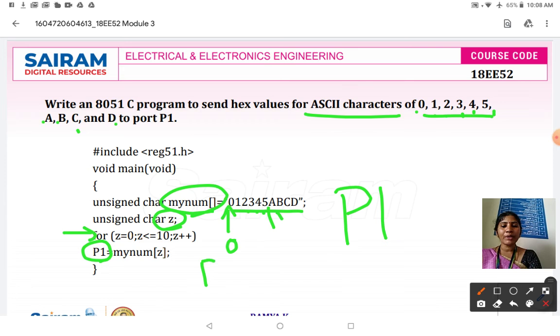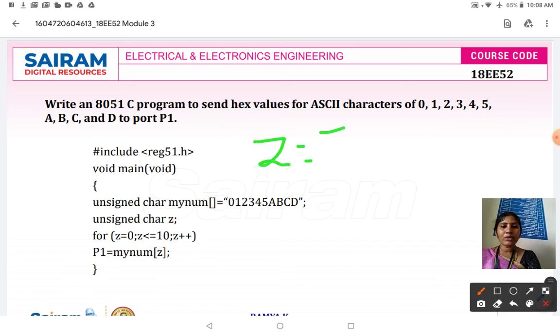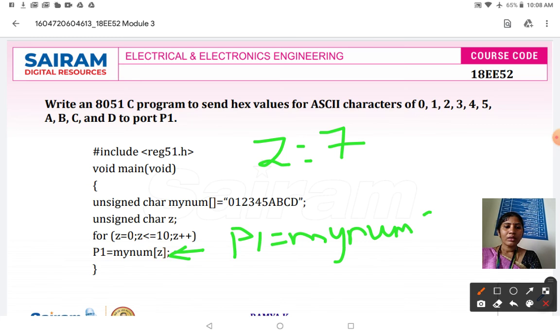For example, consider z is equal to 7. When z is equal to 7, what character will be stored in port 1? P1 is equal to mynum of 7.